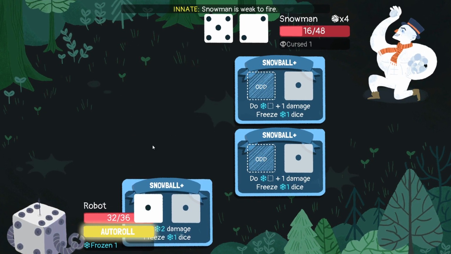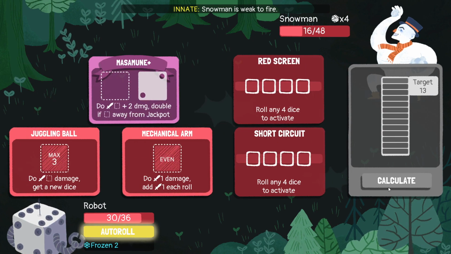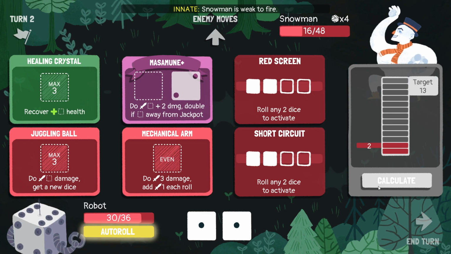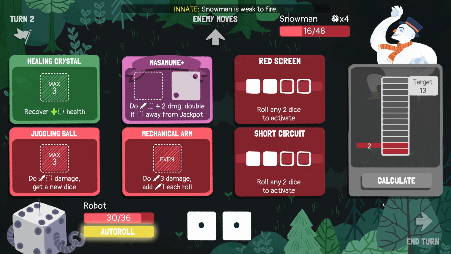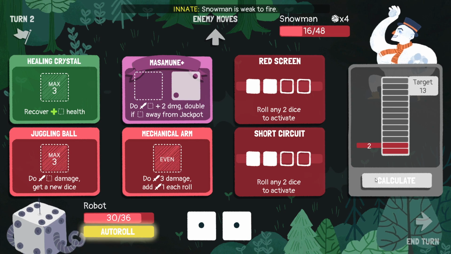There's 3 odds. I am double frozen, which is a pretty good amount of frozen. We actively want to be frozen once. Beyond that, it's kind of complicated, but...